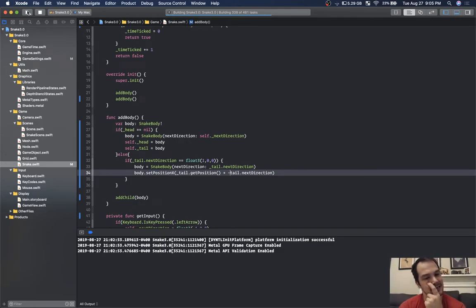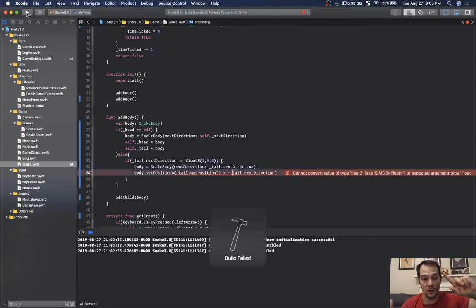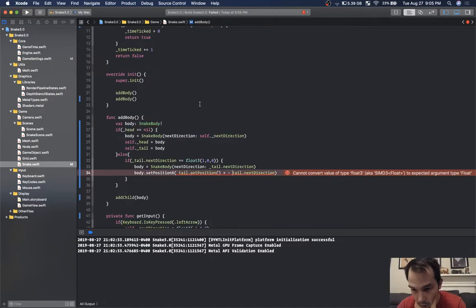Yeah, so the body dot setting the position X. We don't need to worry about the Y. Seems to be underscore tail. Don't need to worry about the Y because we're going in that direction. We're never going to add it above or below. All right, to type float. Tail. Oh, set position. This needs to be just total position, because anywhere on that grid. Oh, and this needs to be tail dot next direction divided by